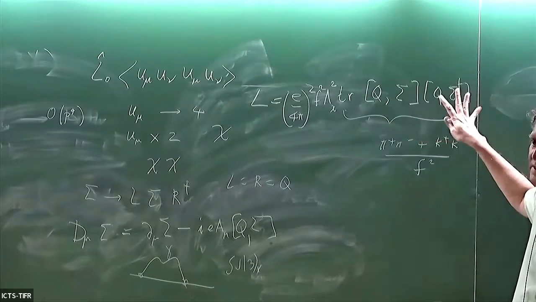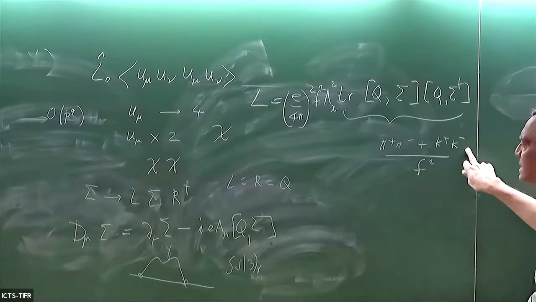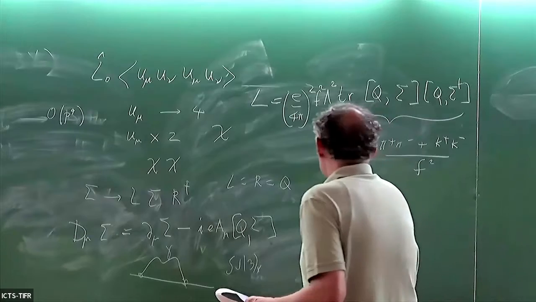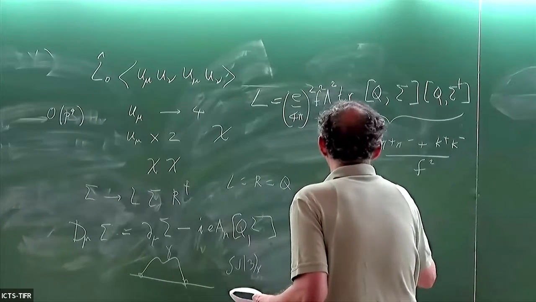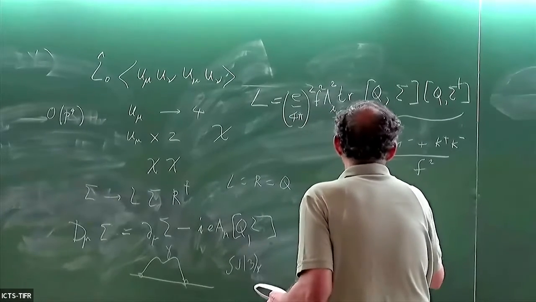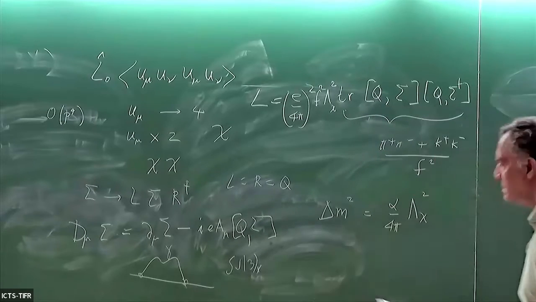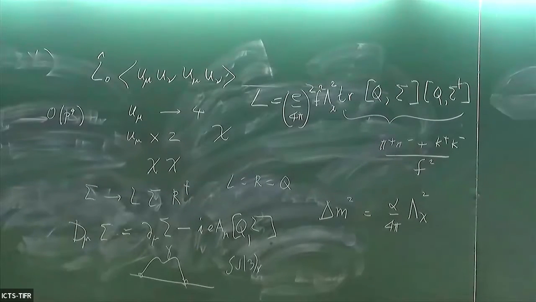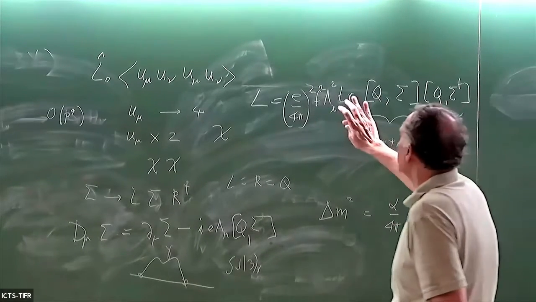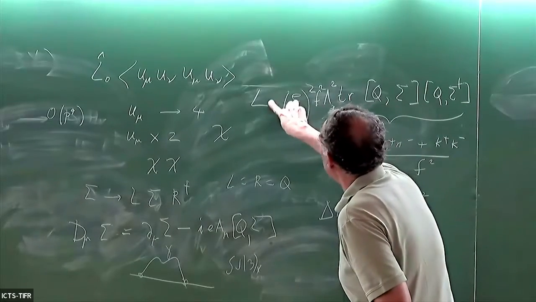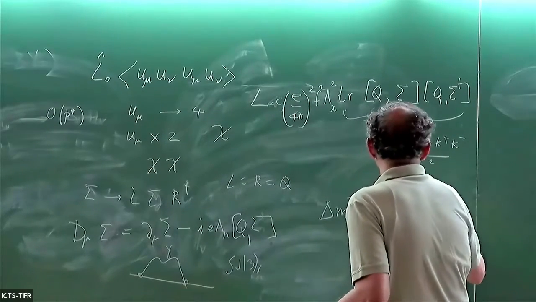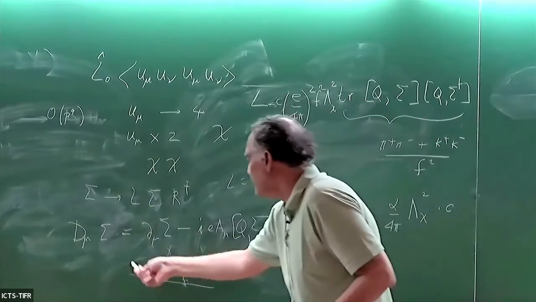We just do the trace here and you find that the numbers are the same. And this gives you a correction delta m squared, which is alpha over 4 pi lambda chi squared times some c, where we expect c to be order 1. So this is the diagram which leads to the